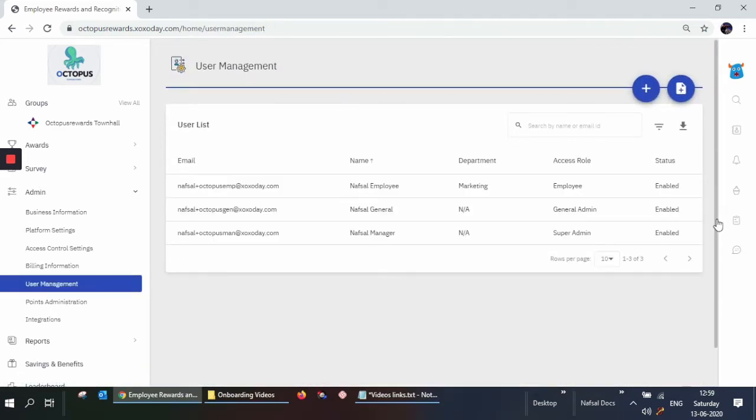And the third way is, in case you have any HRMS system such as Darwinbox or PeopleSoft or Workday or any other third-party HRMS system, and you want to pull the information from the HRMS system and load it into our platform, we can do an HRMS integration with that respective application, and the data will be pulled from your HRMS.